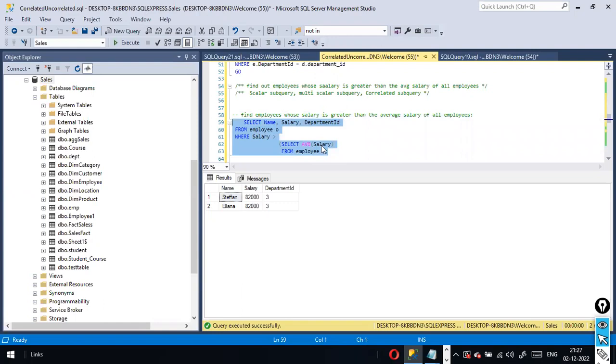So the next one is your scalar subquery. What is scalar? Scalar means single. So this one returns a single value, right? Scalar subquery returns a single value. Okay, fine. So the next one is